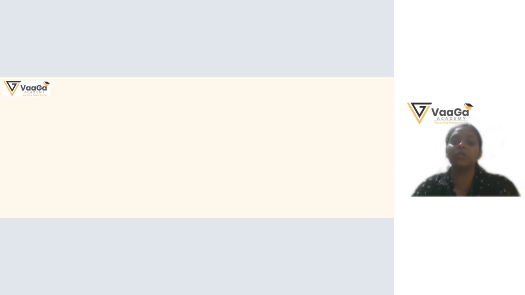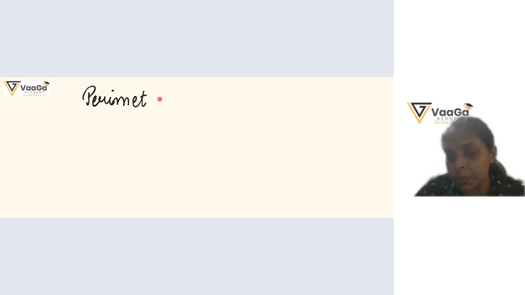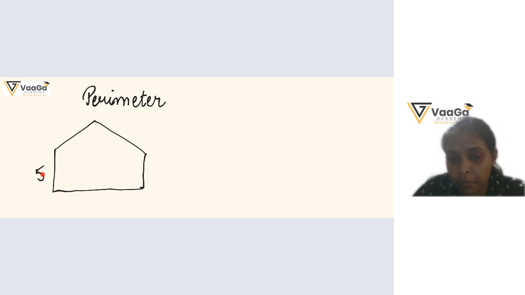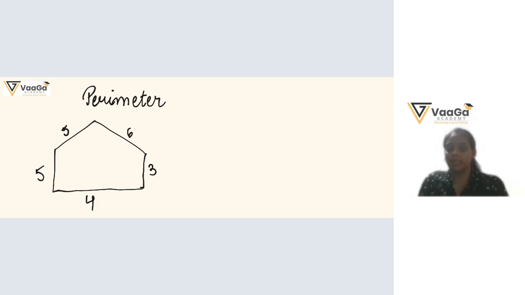Okay, so today we are going to learn the word. Do you know what perimeter and area is? Have you ever heard of the word perimeter? Ma'am, I know how to calculate perimeter, but I don't know about area. You know how to calculate perimeter? Okay, so if I give you a shape like this, can you calculate the perimeter of the shape? Yes. 23. 23, yes. So you know what perimeter is.